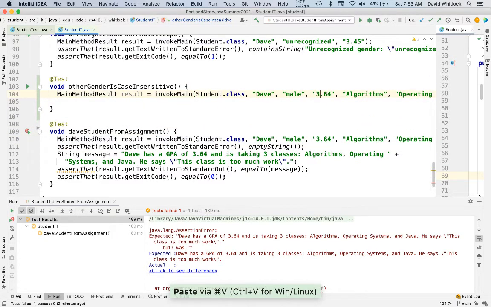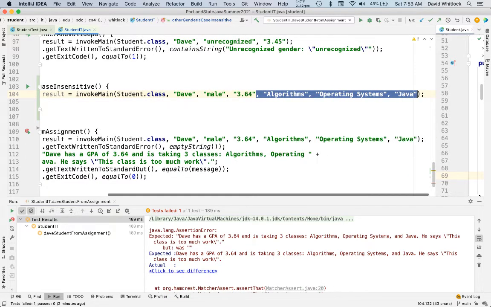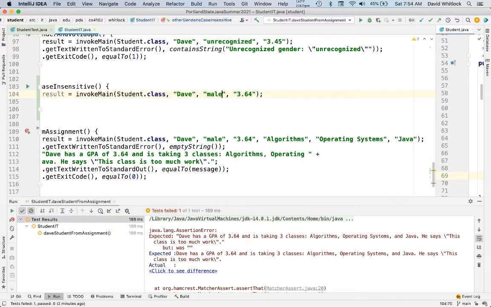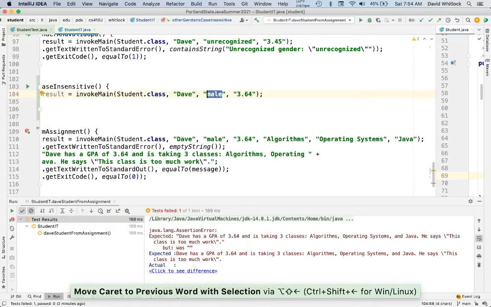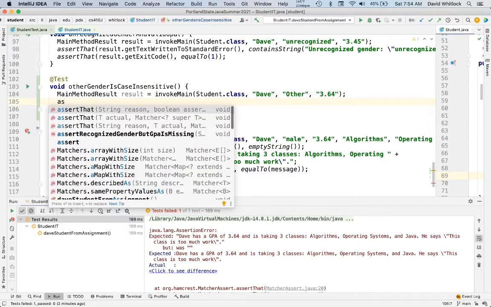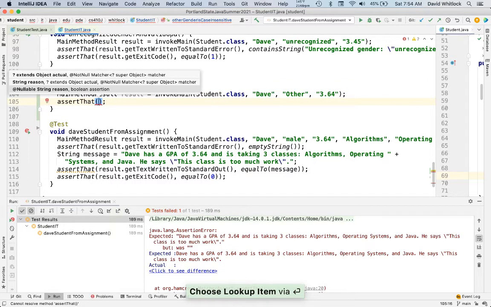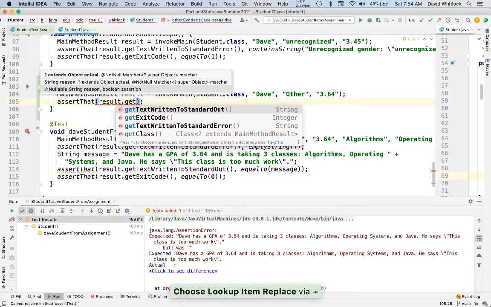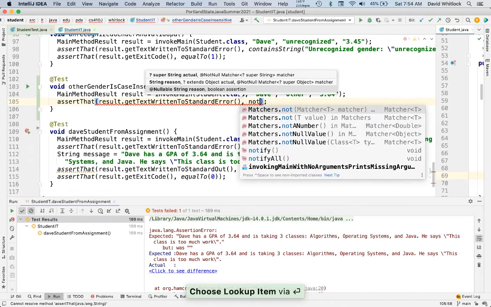I don't want any classes. And here I want the gender to be case insensitive, so capital O other. And here I expect that result.get text written to standard error does not